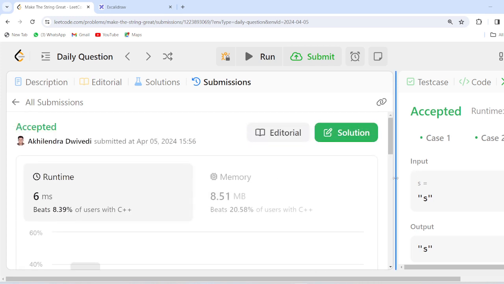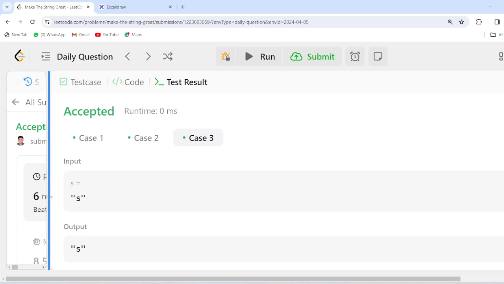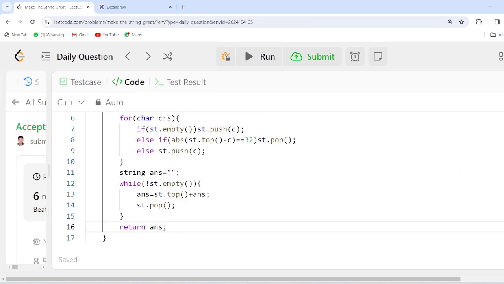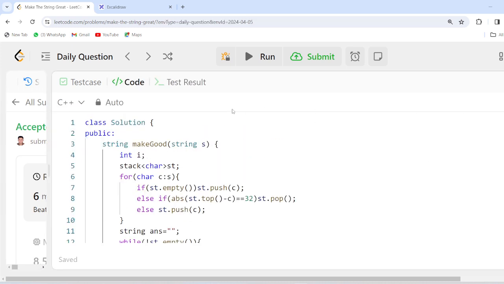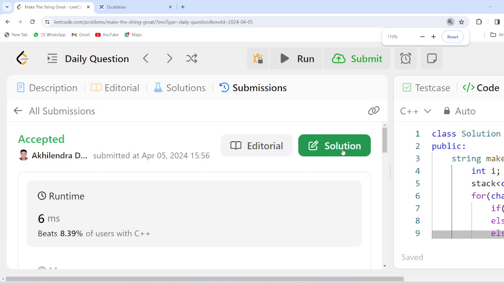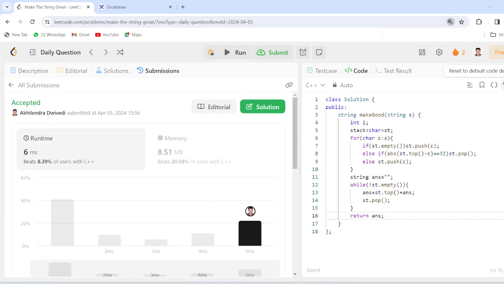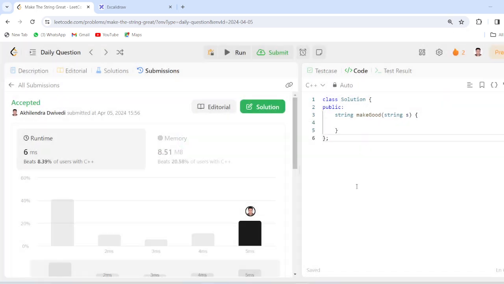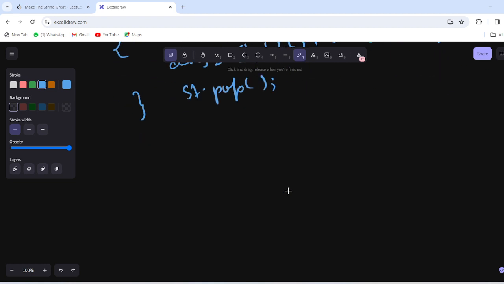Sometimes it gives bad results, but yes, we will be doing the same question through another approach. Now in this approach we will be using a string.